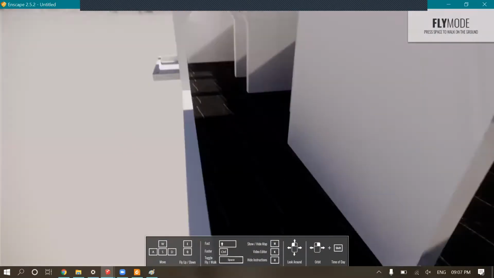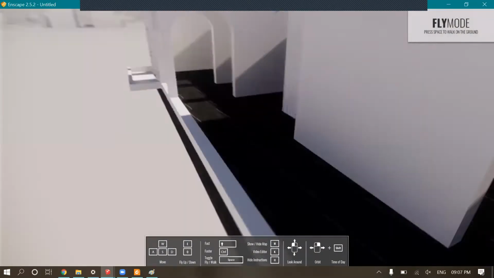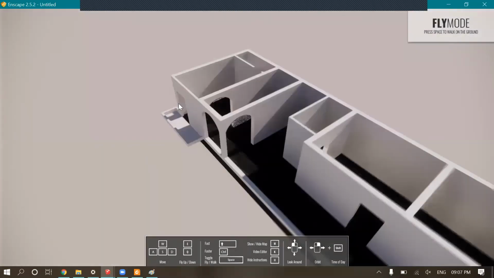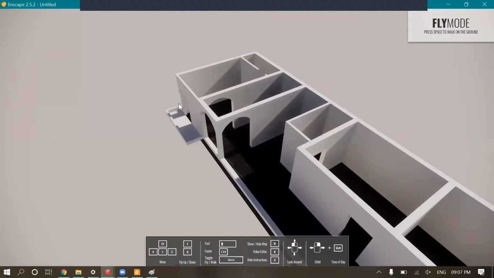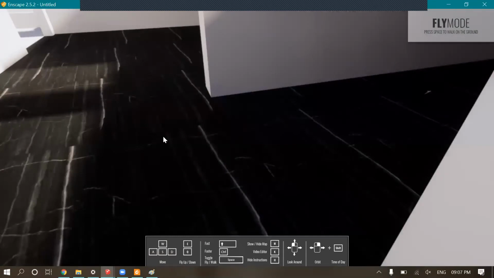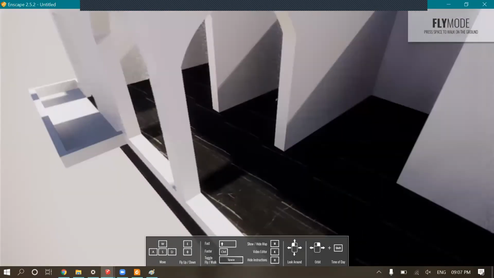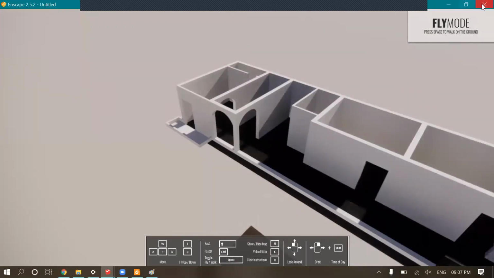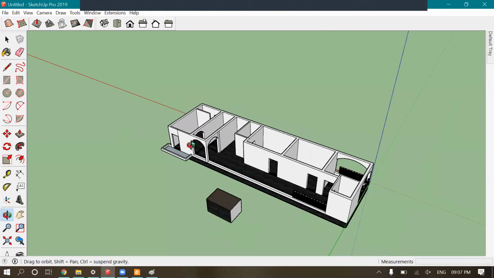So the render quality is quite good if you go by this process. There are a number of other processes to import, but I personally use this one. Because if you take a screenshot and do stuff like that, the quality of the image decreases and the rendered image isn't that good. So this was a part.